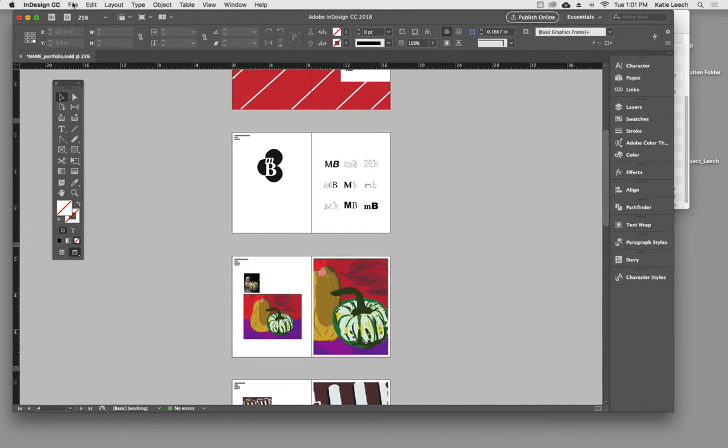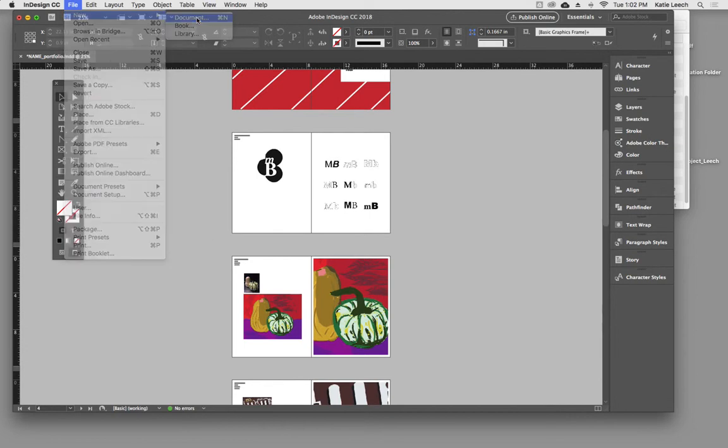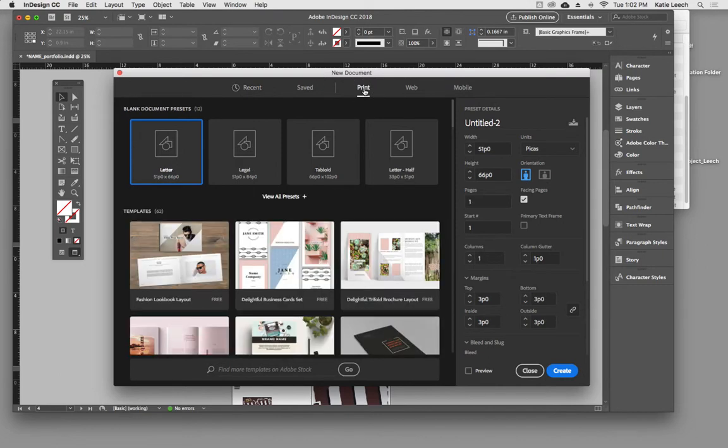So you go to, if you have it already open, you do new document. If you open up the file automatically, it'll allow you to create a new document automatically. So print, letter, inches, title it, your name,